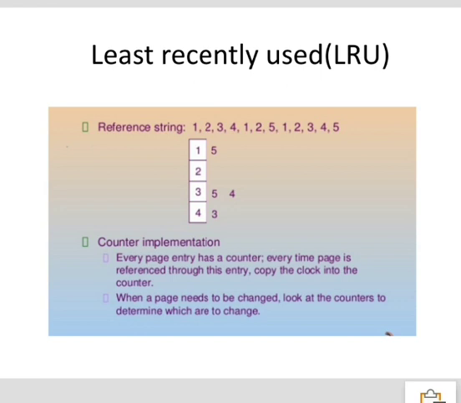In the counter implementation, every page entry has a counter, and every time a page is referenced through this entry, we copy the clock into the counter. When a page needs to be replaced, then we look at the counters to determine which page to replace.